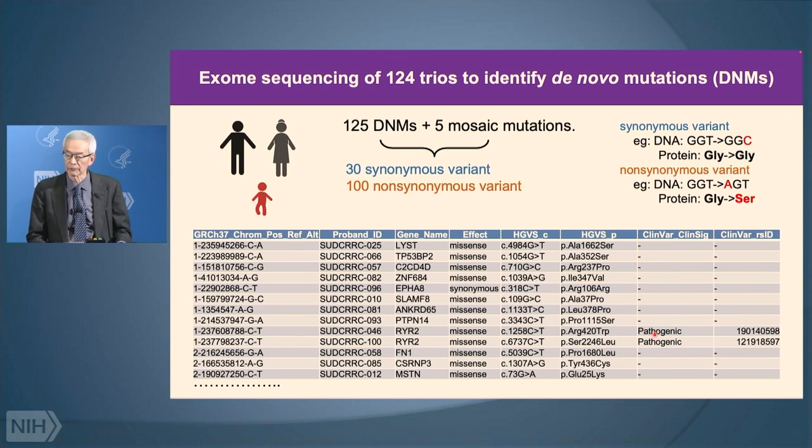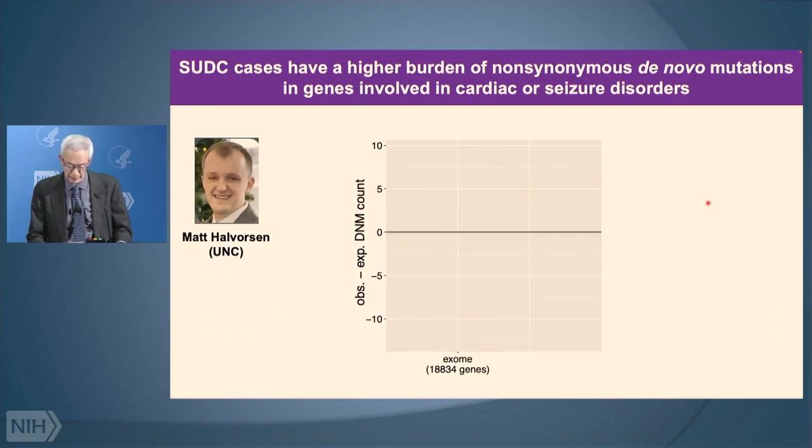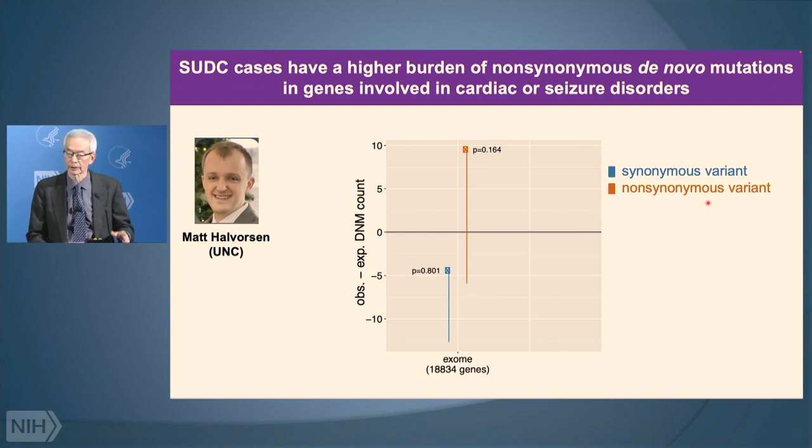And we compared the effects of synonymous variants and non-synonymous variants: variants that did not change the amino acid that was coded for, or non-synonymous variants that could, for example, change a glycine to a serine. And Matt Halverson, a very talented geneticist, with great patience to explain genetics to electrophysiologists, did the analysis. The synonymous variants provide a great control because there's been a change in the DNA, but no change in the protein. We're not expecting these to be lethal.